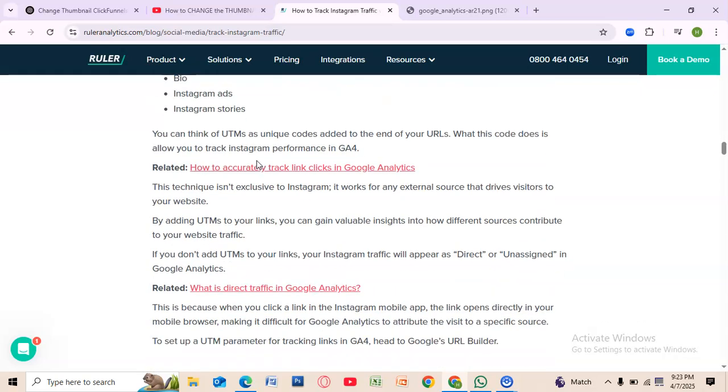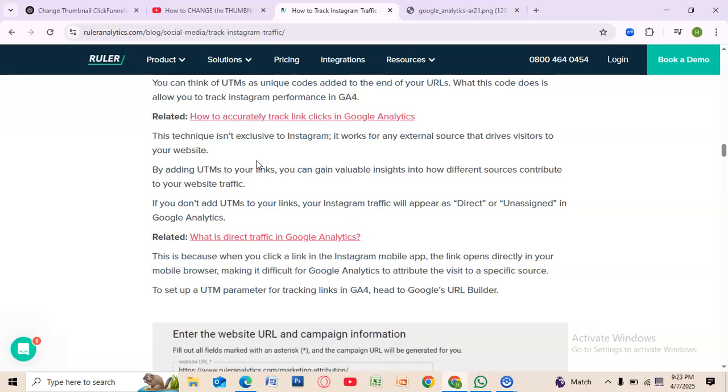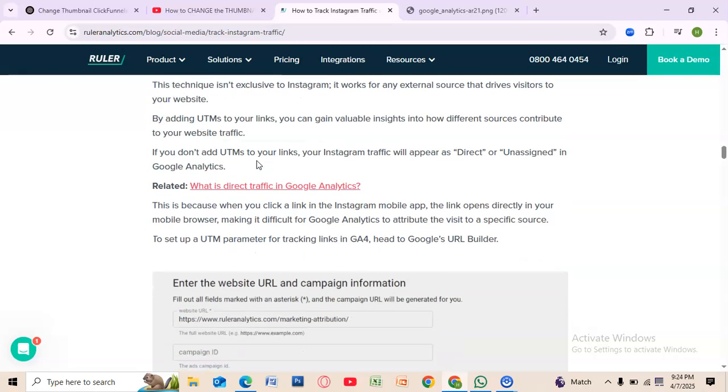Now that you've got your UTM link, it's time to plug it into Instagram. If you are using a bio link, just paste the UTM version into your profile. If it's an Instagram ad, go to the ad setup and scroll down to the website URL field, paste your UTM link there. This makes sure that when someone clicks your ad or bio link, GA4 knows exactly where they